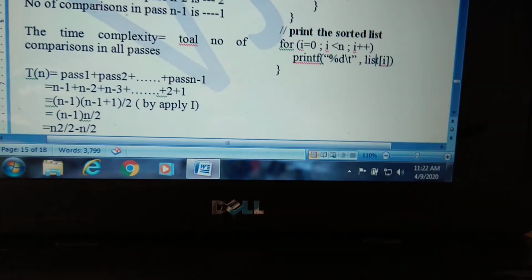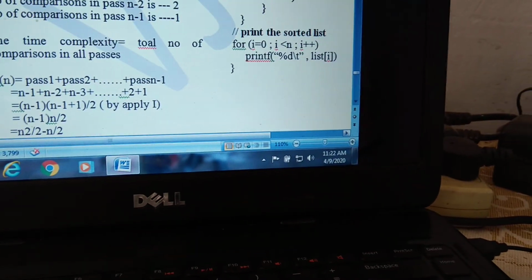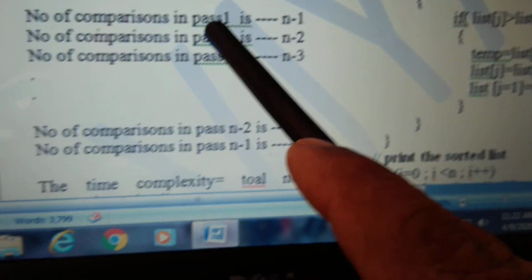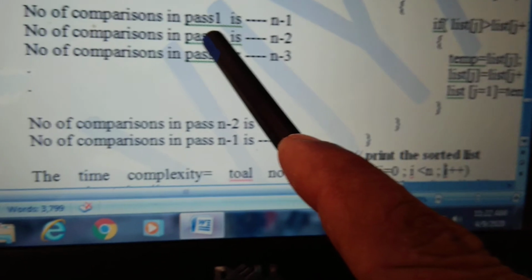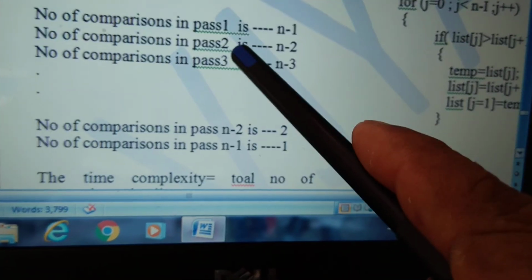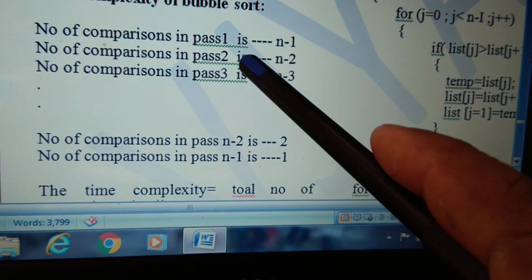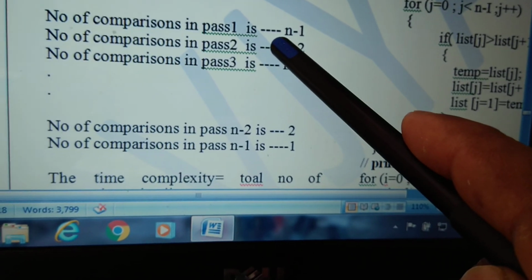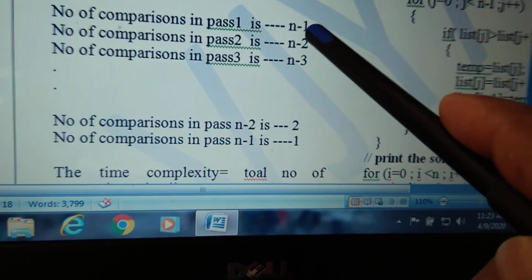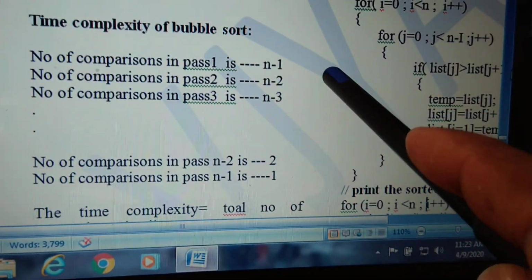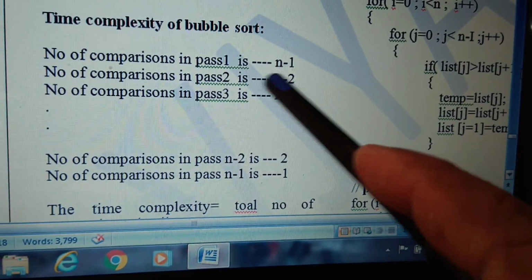Now we have to know the time complexity of bubble sort. Time complexity is same, simple. Bubble sort also requires n minus 1 passes. To find the time complexity of bubble sort, already we know selection sort, same thing. First we find the individual passes, how many comparisons we require to sort the largest element into the appropriate location. Coming to the first pass, how many comparisons we made? First to n minus 1, so n minus 1 comparisons we required.